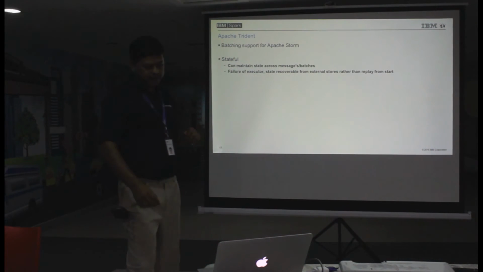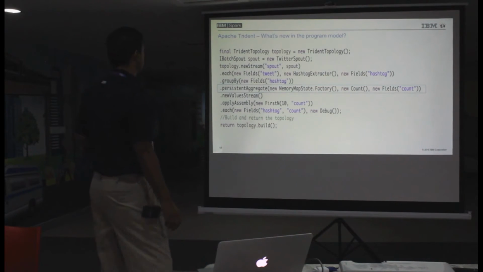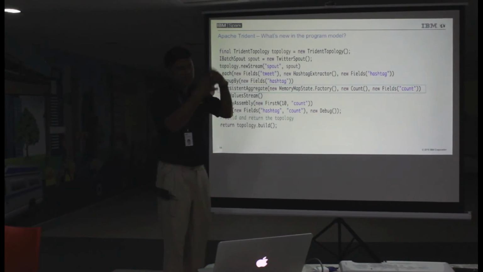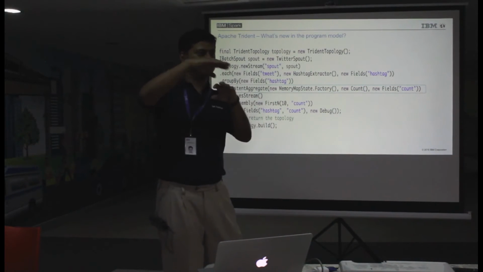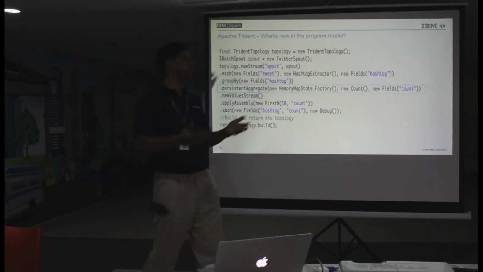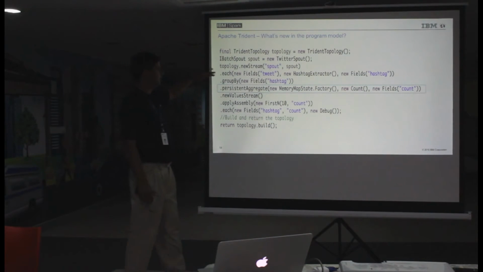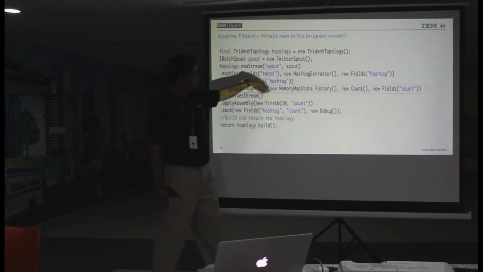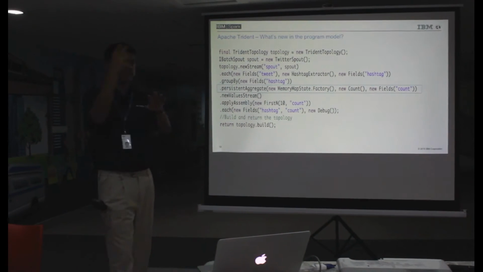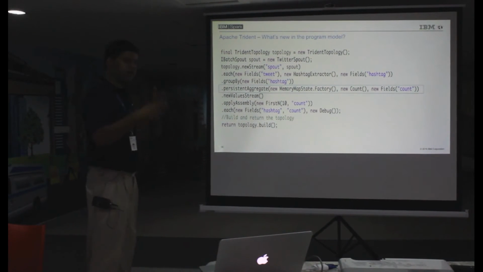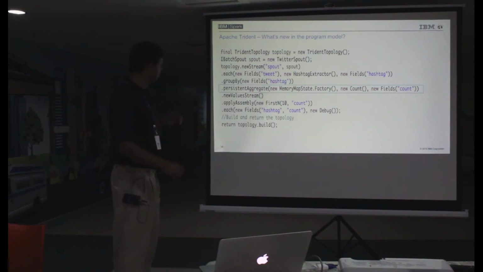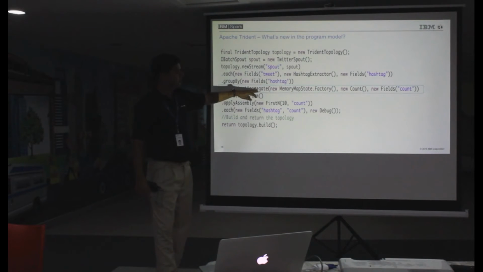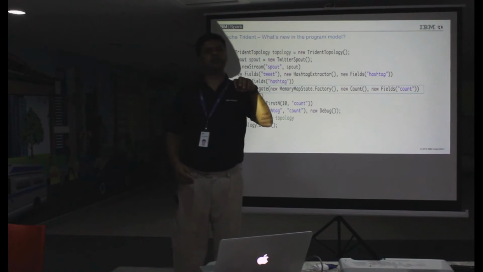So what they actually did in here, and this is showing you an example. The Trident API is nothing but you still have spouts and bolts. Nothing changes. You can say it's a layer on top that's reusing the same architecture. So this is a tweet program rather than a word count. I have here a spout, that's the Twitter spout. I'm taking each of the tweets, breaking them up, and within that taking the hashtags, and then I actually do an aggregation. When it comes up, you have to start from scratch, which you can't do in a streaming application really. So they've introduced this new thing called persistent aggregate, where you can store your state